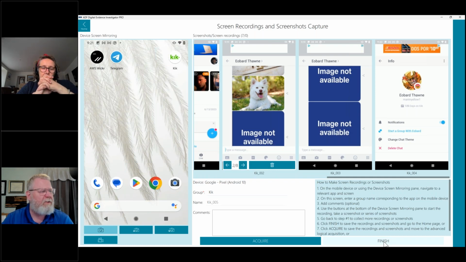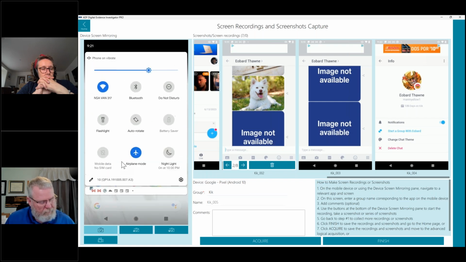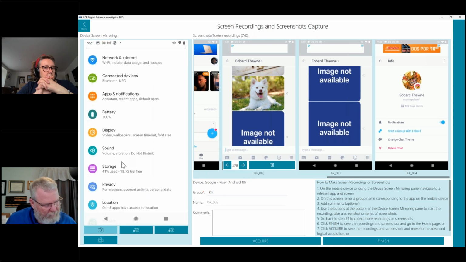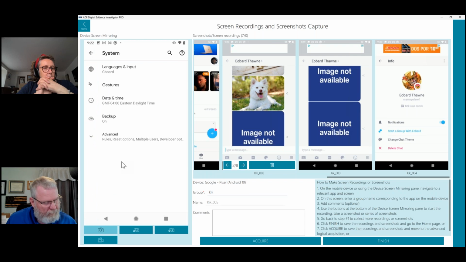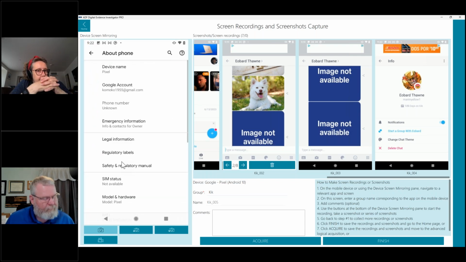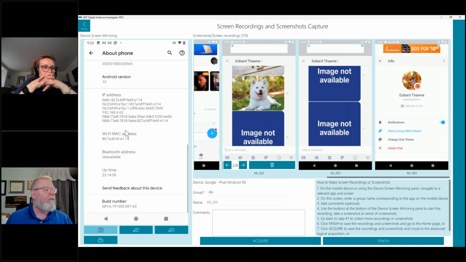I'm just going to go one step a little bit further here. I mentioned it before. If you can get your user to go to settings, and I want to go to my system information, or no, I know what I wanted, my about phone information. So I can come in here and look at all the information that may have been asked on that first page.